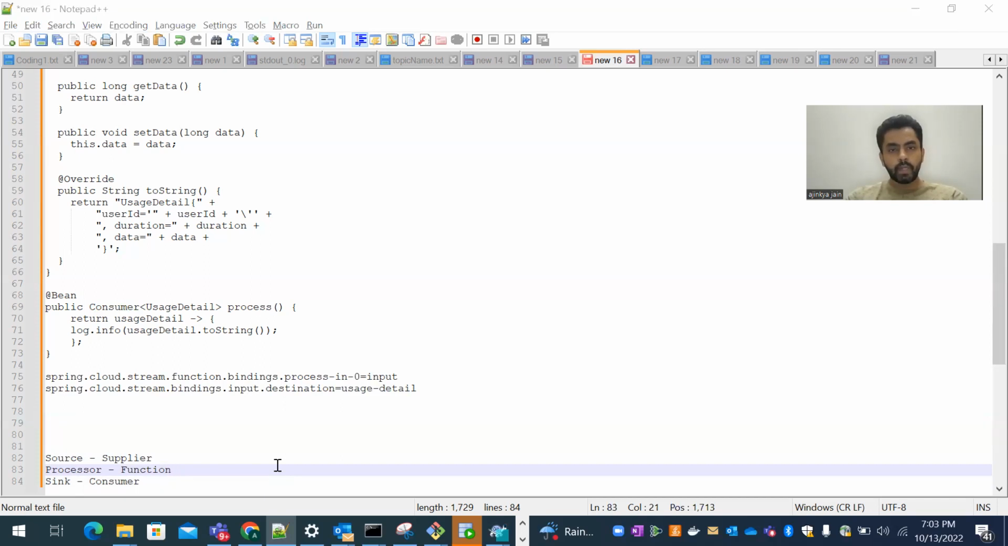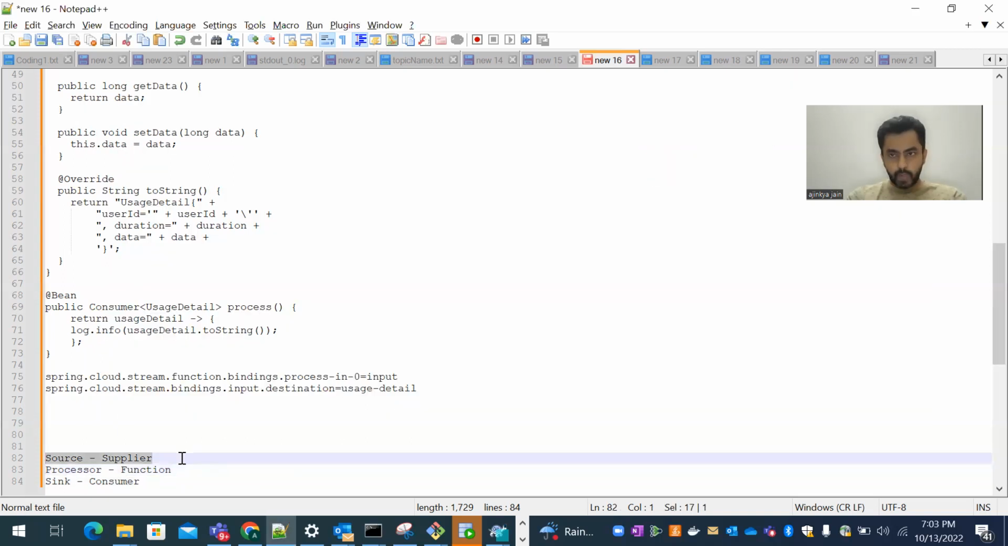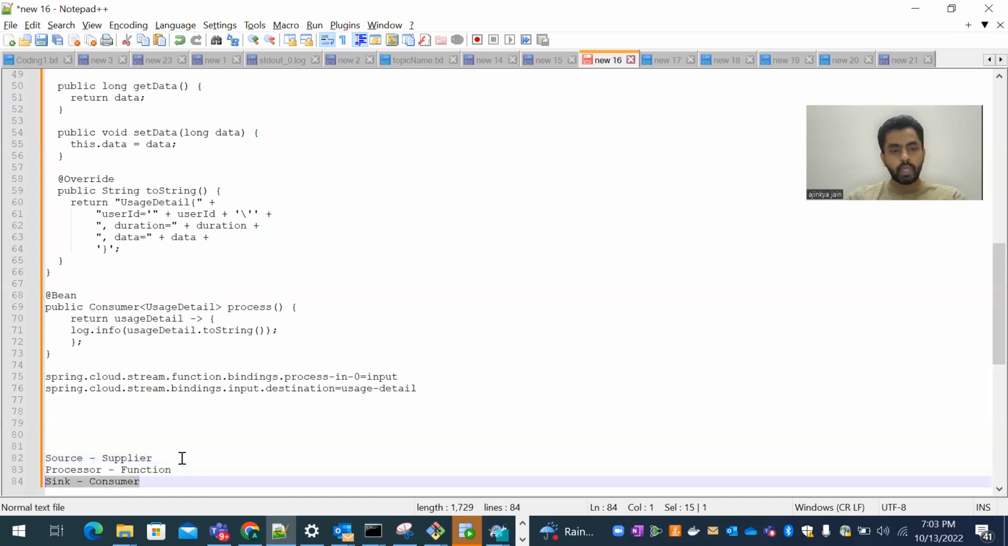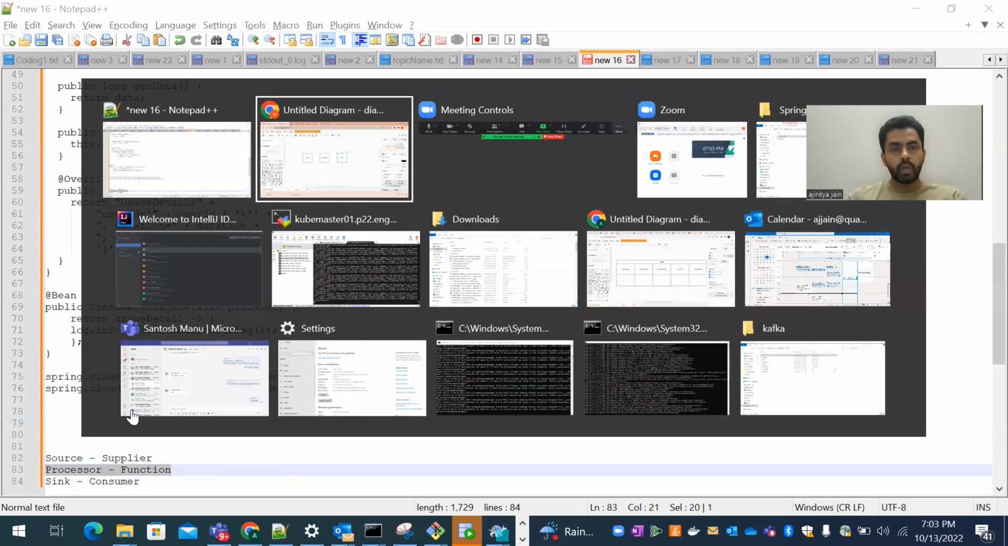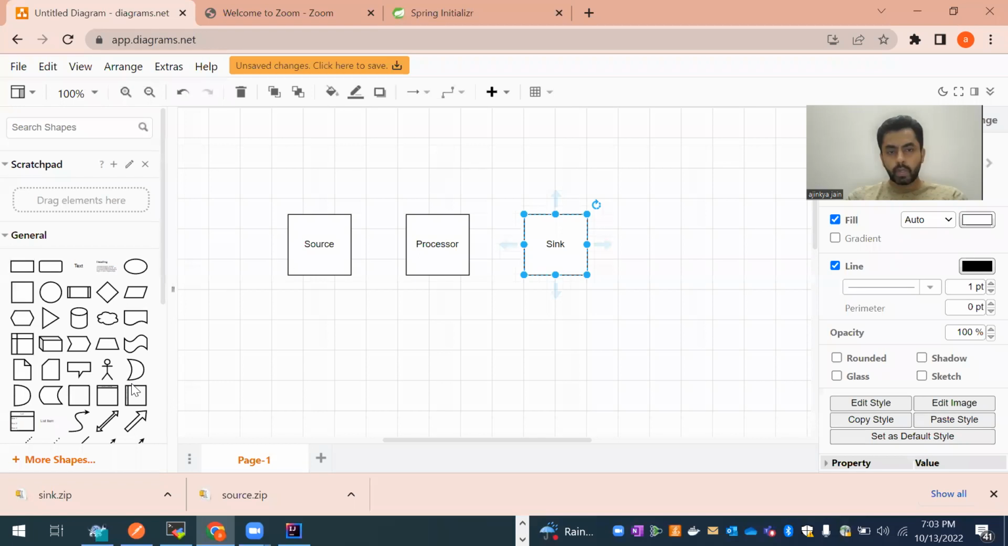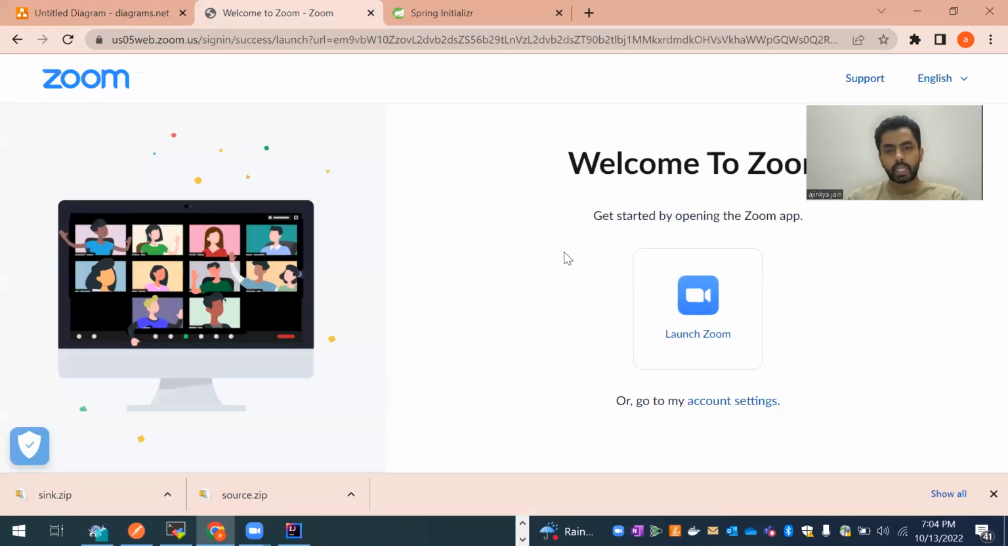Okay. So in today's video, we are going to see these two concepts. One is source and another is sink. Processor we'll see in the subsequent video, in the next video. So what we'll do now, we'll create two Spring Cloud Stream apps. One will be source and the other will be sink. So we have to go to